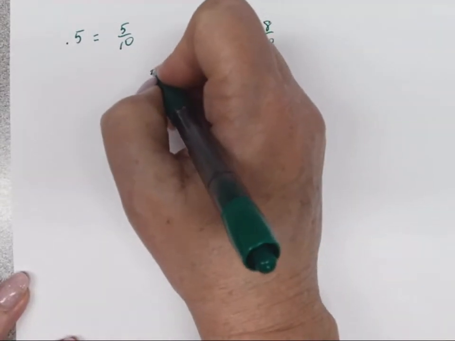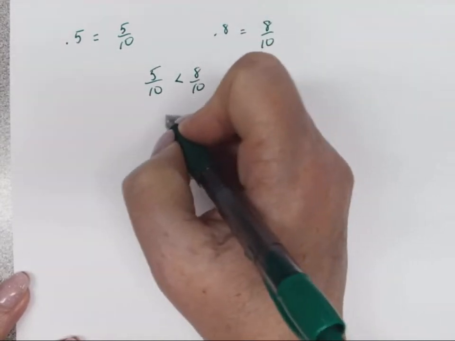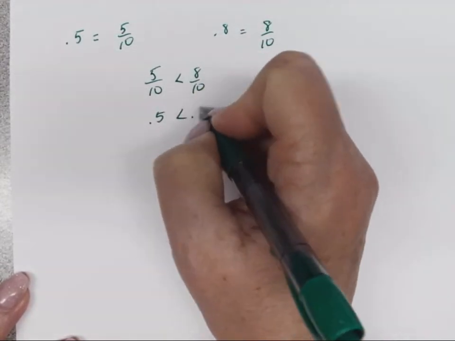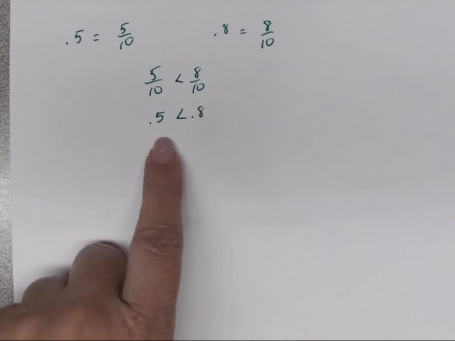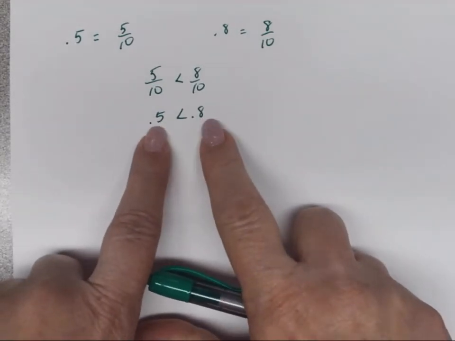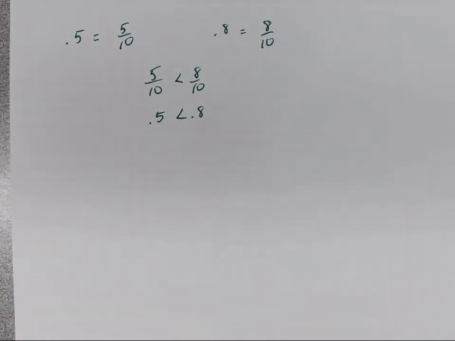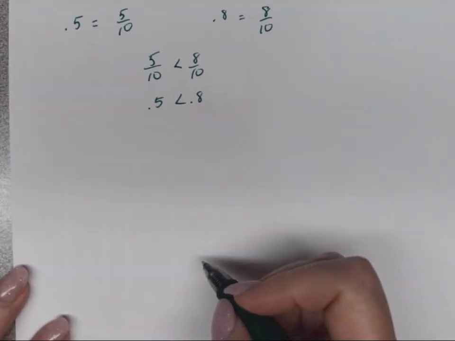information. So we can say that 5 tenths is less than 8 over 10, and the same thing is true if we write it in decimal form. 0.5 is less than 0.8. If you're comparing that number right there, 5 is less than 8 at the decimal spot there. So let us compare